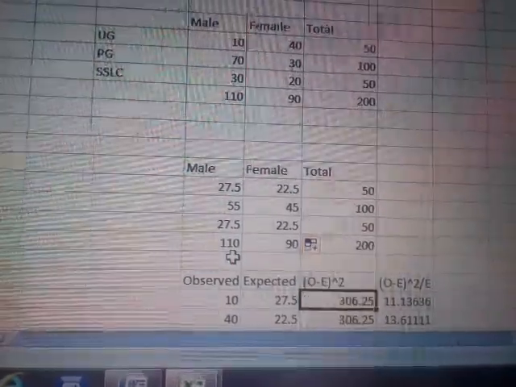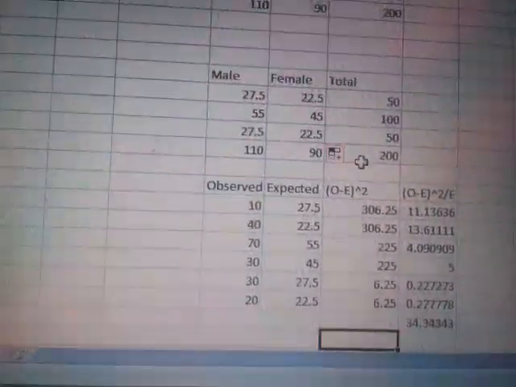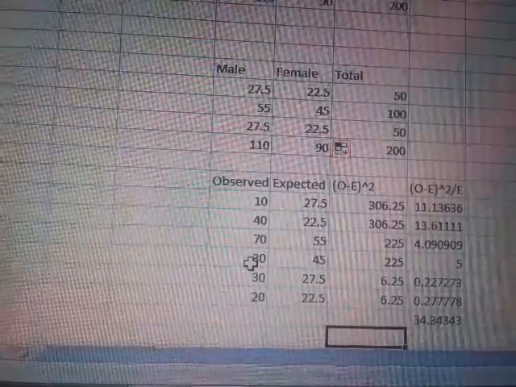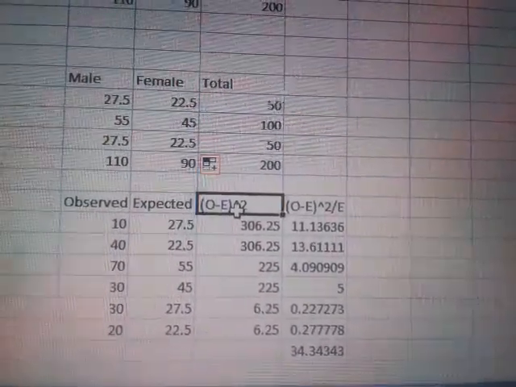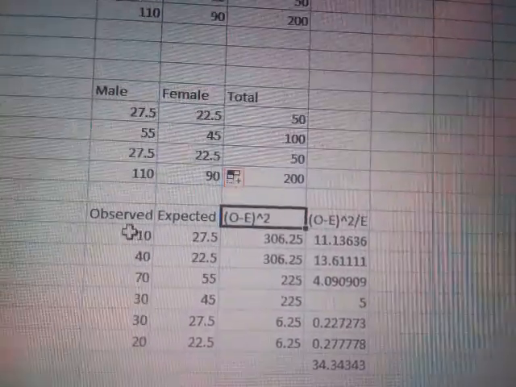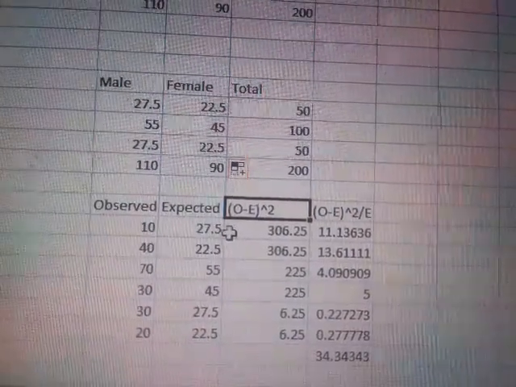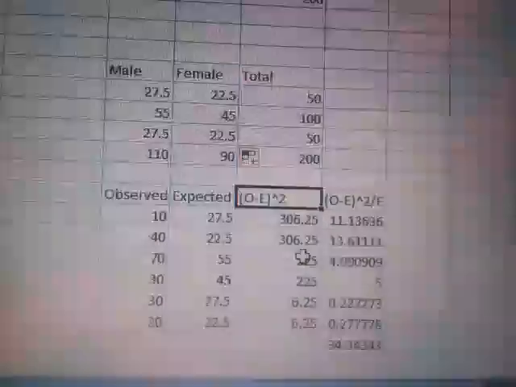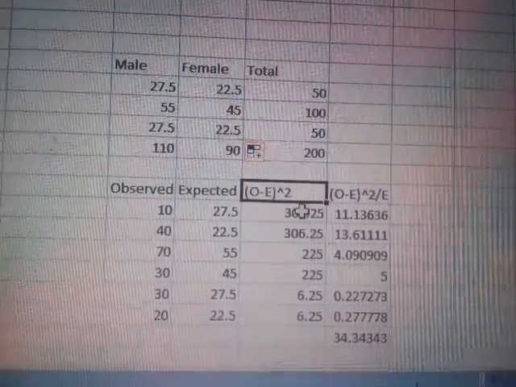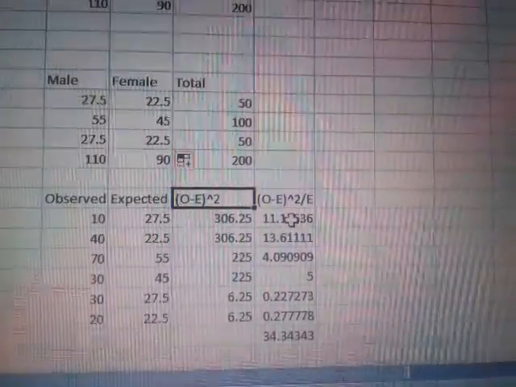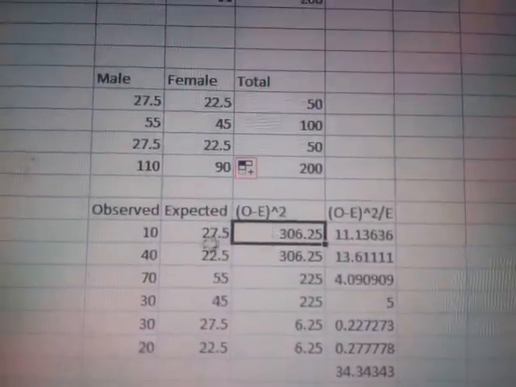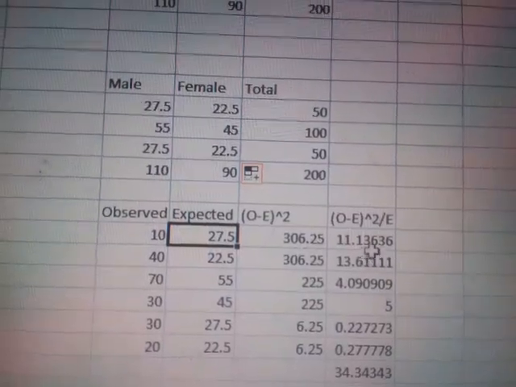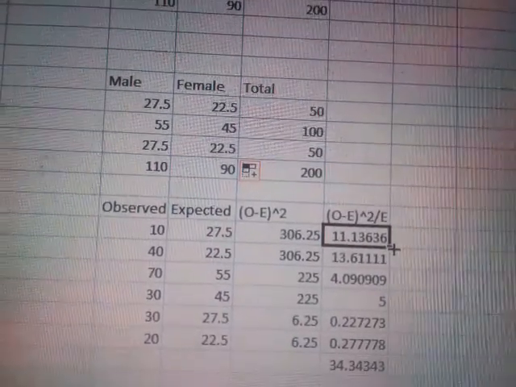Now, as usual, observed minus expected, the whole square. You have to put that formula in column format, with observed value and expected value in columns. Use the formula: observed minus expected, the whole squared, where this is O and this is E. Drag your cursor and you will get this data. After that, divide by your expected value. This value 306.25 divided by your expected 27.5, you will get 11.13. Then keep your cursor and drag it.